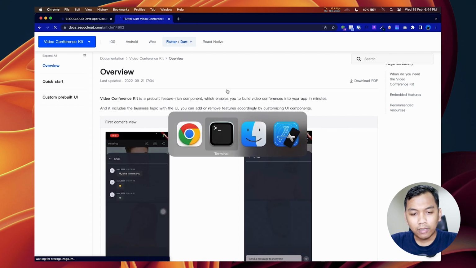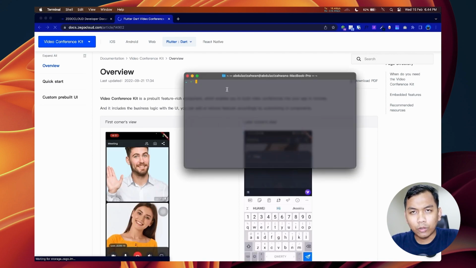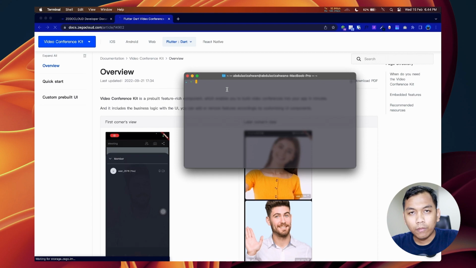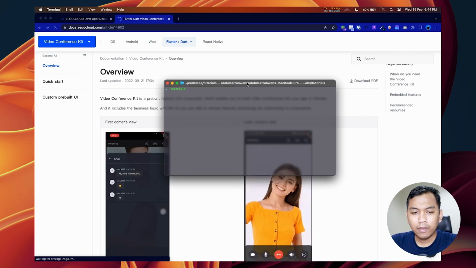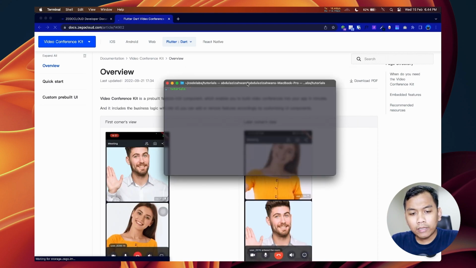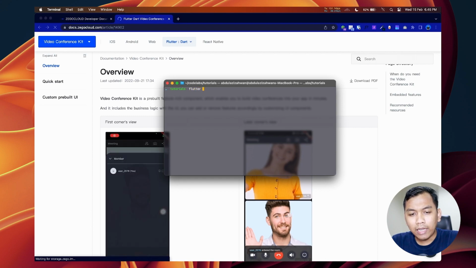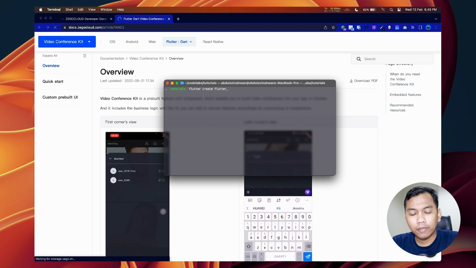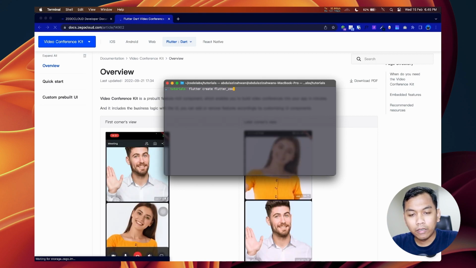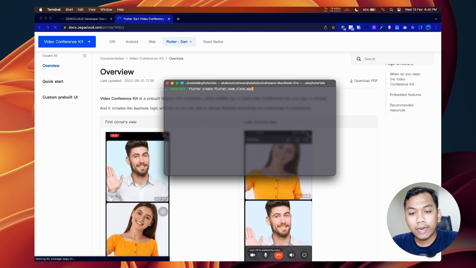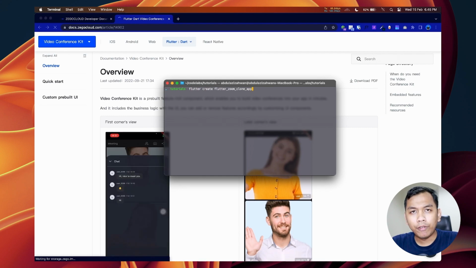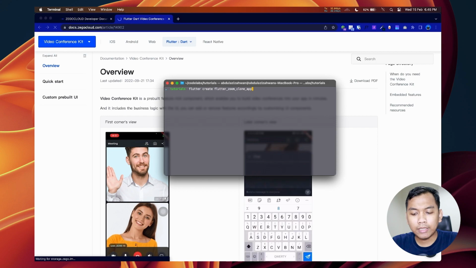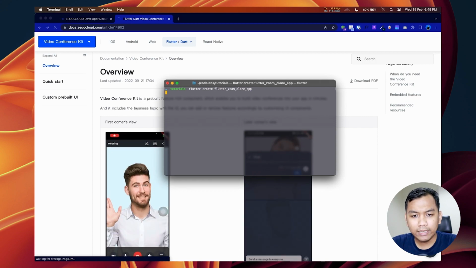Alright, so without any further ado, first thing first, let's create a new Flutter application. As usual, I love using the terminal, so let's go to your project directory. To create a new Flutter application, we can just type flutter create and name our project. So let's say flutter_zoom_clone_app. Once you have given your project name, just press enter and wait a second.